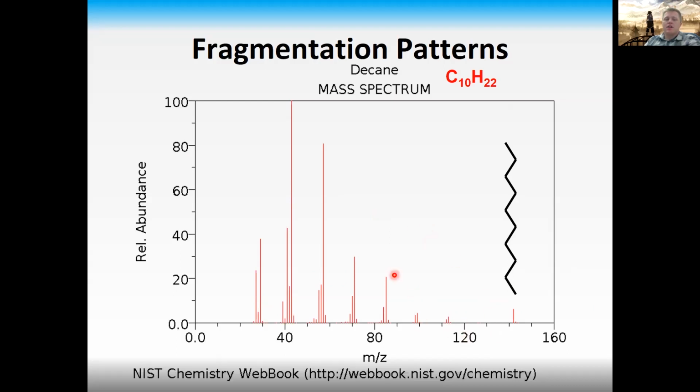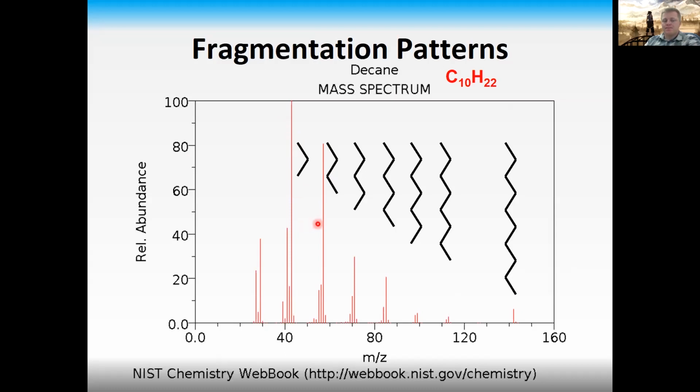You'll notice there are some discrete peaks out here, and these discrete peaks actually correspond to different fragments of decane. So this first one here is loss of 2 carbons. We don't see much of a peak or any peak for loss of a single carbon. But here is loss of 2 carbons, loss of 3, loss of 4, loss of 5, loss of 6, and loss of 7. Now, interestingly enough, we also see the 2 carbons over here that are lost from this fragment,